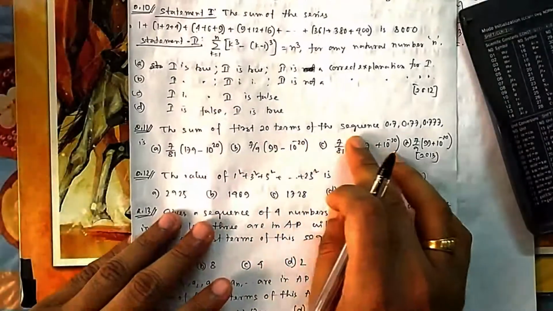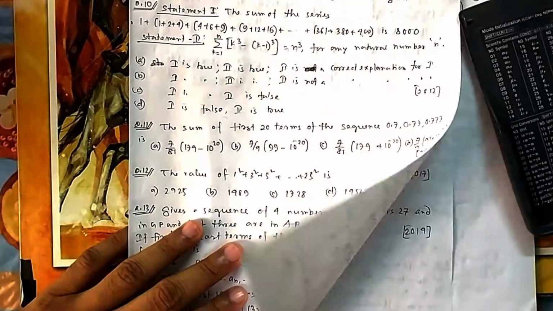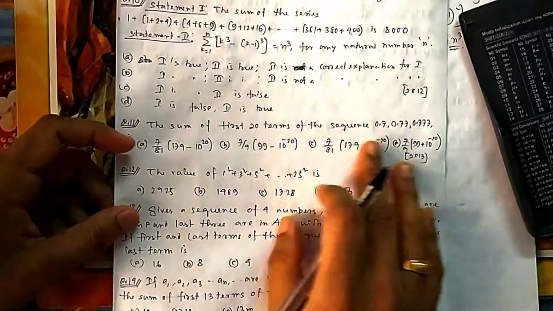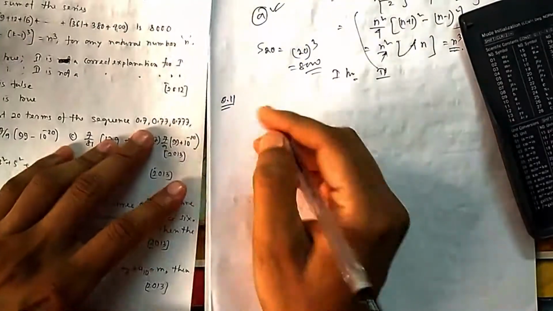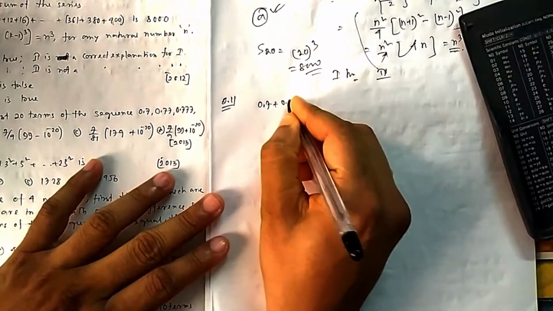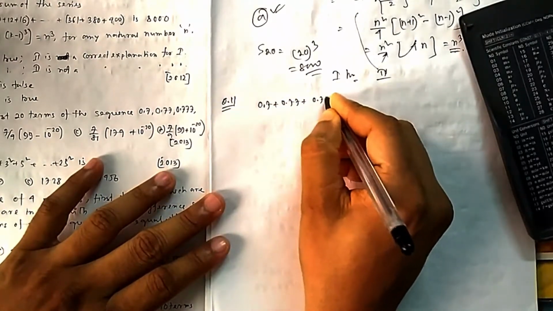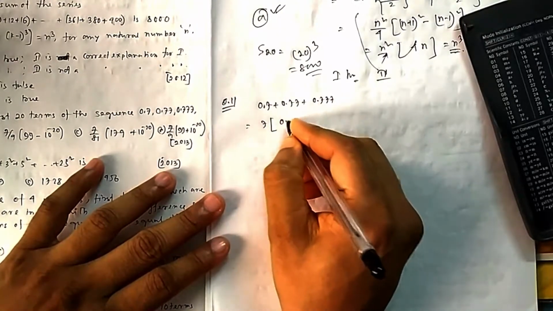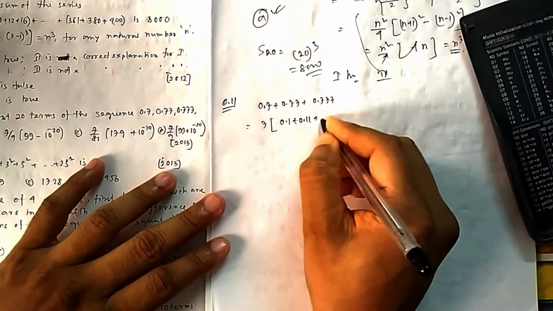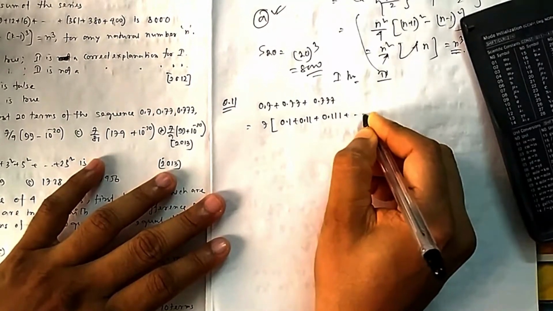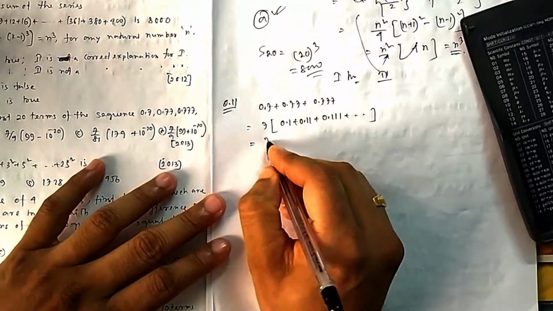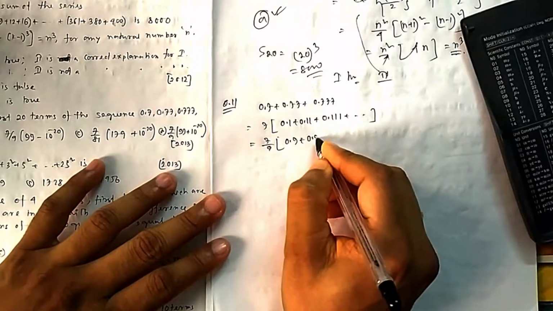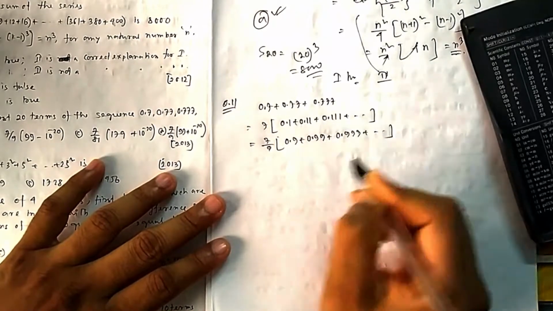The sum of the first 20 terms of the sequence, this one. So this type of question we have already discussed in the basic level. You will find lots of questions of this series and basic questions. So here also I am showing: 0.7 plus 0.77 plus 0.777. The idea is you can easily take 7 common, and then it will be 0.1 plus 0.11 plus 0.111. Then I have taken 9 common, so 1 by 9 I am giving out an extra 9 and I am multiplying by 9 so that it becomes something of a series of 10.